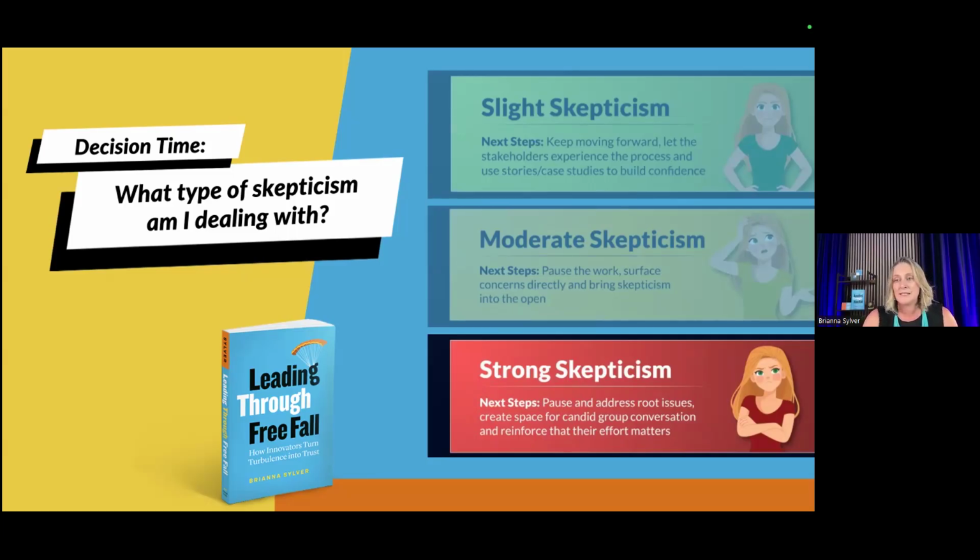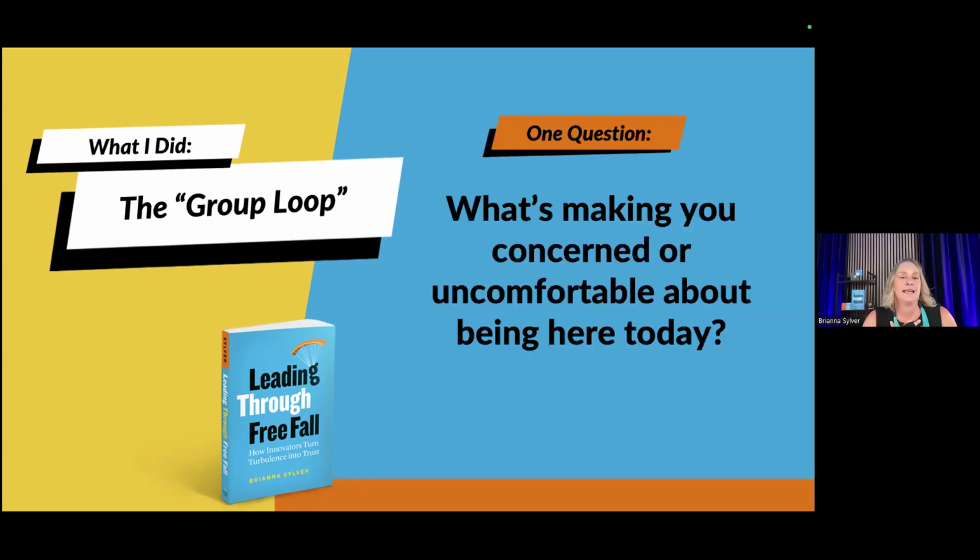So basically how I handled that situation is I engaged an exercise that's called the group loop. What this looked like is, I didn't start the agenda where I had it. I didn't push through, which can be the temptation, but rather I started the meeting by saying, I know that half of the people in this room would rather be anywhere else but here today. And so the way that we are going to start this conversation is that we're going to go around the room 3 times.